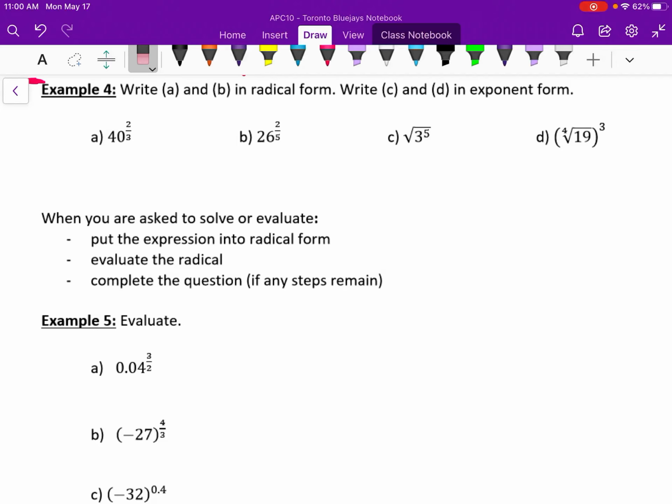All right, example number 4. Write a and b in radical form. Write c and d in exponential form. Now, what we're going to keep in mind here is